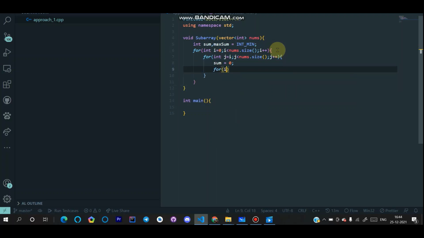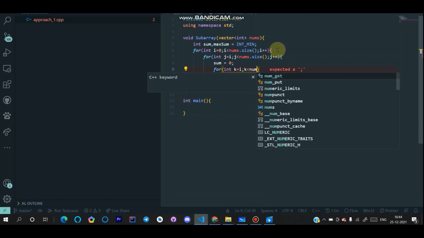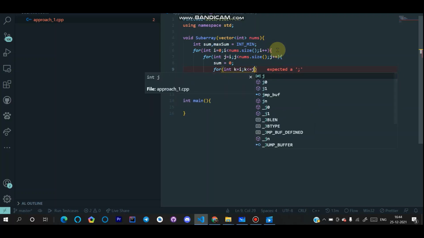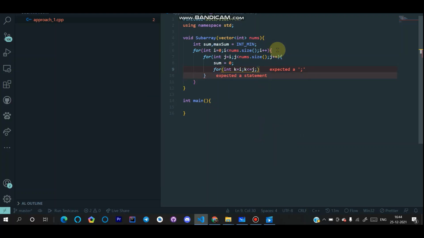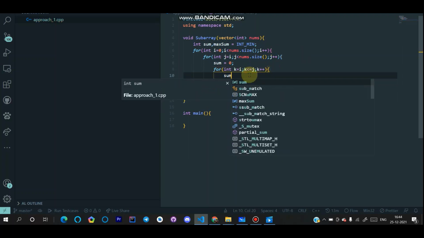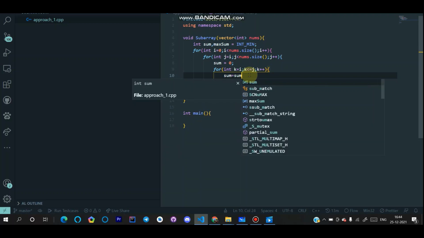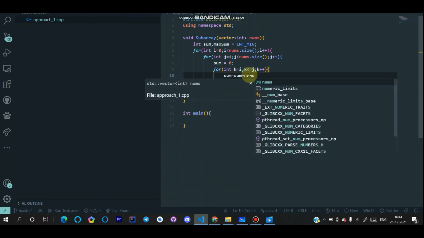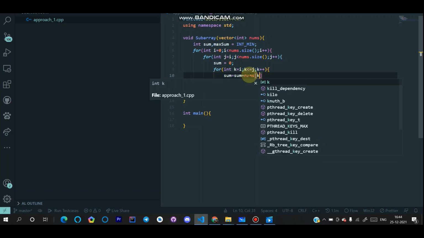Again, for int k equals i, k less than or equal to j, because we would be checking only the subarrays and their sum. k plus plus, sum equals sum plus nums at k.